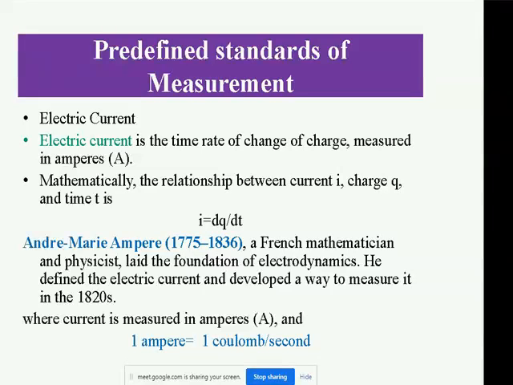So how do you find out the value here? Because we know that Q means total charge, Q equals NE. N is the number of electrons and E is the charge of an electron. So if we divide 1 by the value of the charge, that is 1 divided by 1.6 into 10 to the power minus 19, we get this value. So if we say 1 ampere current is flowing, it means 1 coulomb of charge is flowing in a second. If we say 5 ampere current is flowing, then 5 coulomb of charge is flowing in a second. If we say 10 ampere current is flowing, then 10 coulomb of charge is flowing in a second.